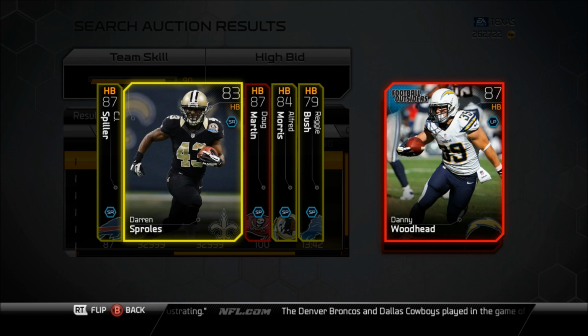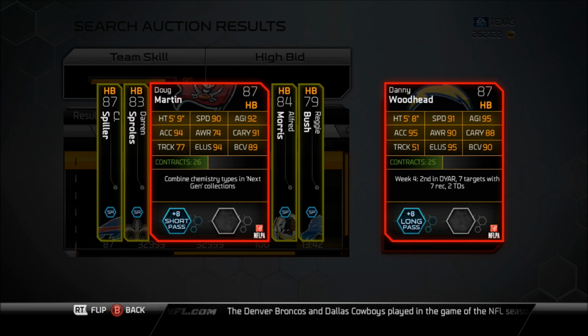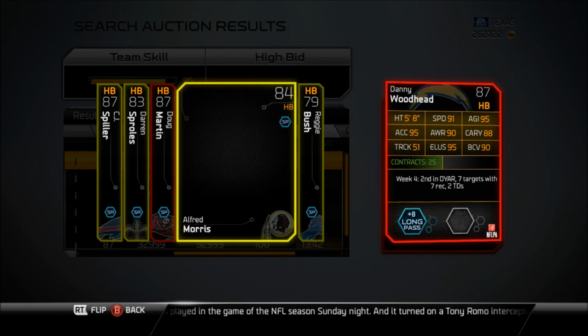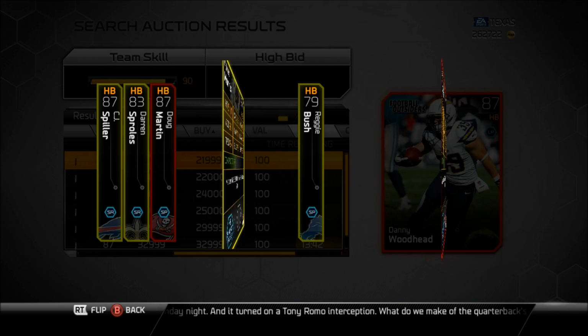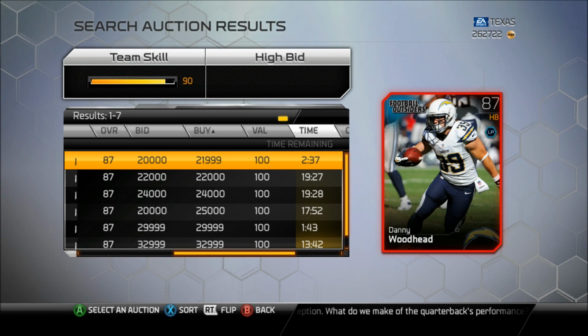So I would not recommend you pick up this Danny Woodhead unless you got it for a nice cheap price. Cause I swear I saw a lot for 10,000 coins. I was going to pick one up, but I was too busy picking up these breast cancer awareness cards. But the card looks pretty good. He had a pretty big week. He torched the Cowboys. So happy you got a card, but I wouldn't pay 20K for it,